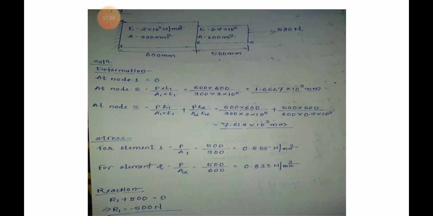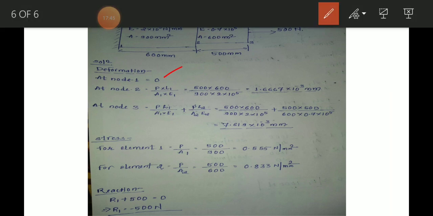Now this is a stepped bar. The procedure which we saw in the previous problem, the same you have to apply here. Nothing has changed. There they gave you a tapered bar initially, then we converted it. Here they have directly given you the stepped bar only, so no need to worry. You have to write down the formula properly and substitute all the respective values for the quantities. See here, delta 1 is 0.